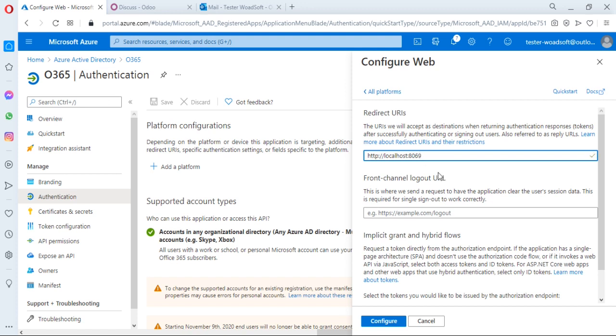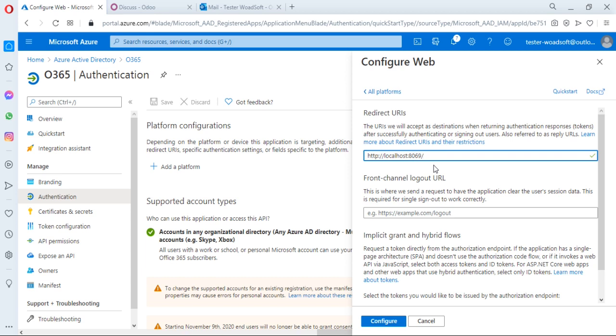Here is the local address of the Odoo service. You can also add your custom domain address, and the further part describes your authorization redirect.